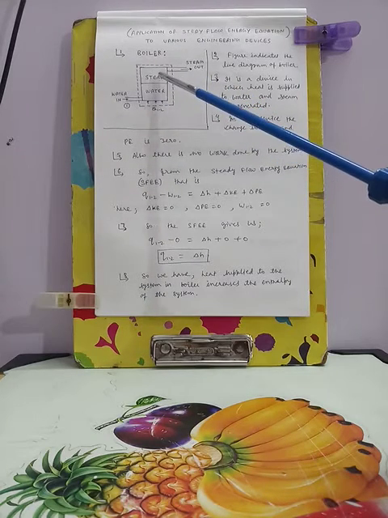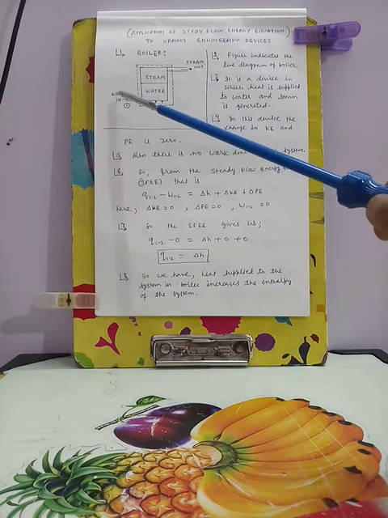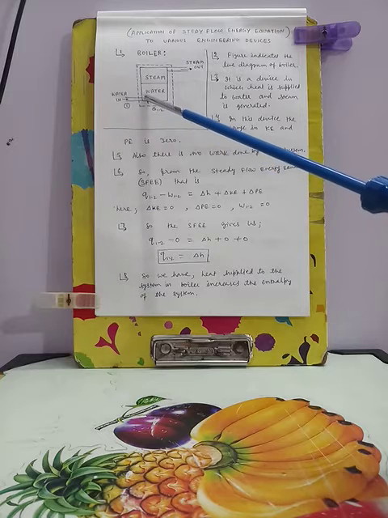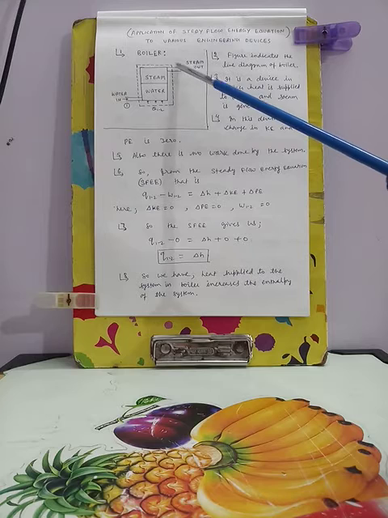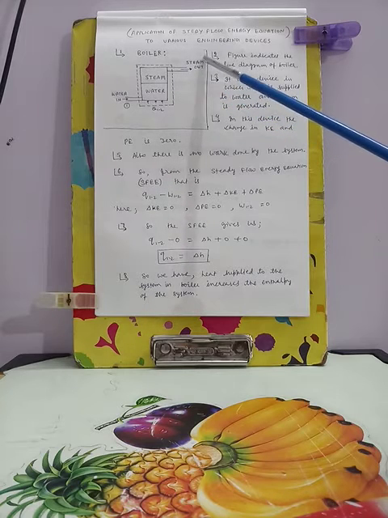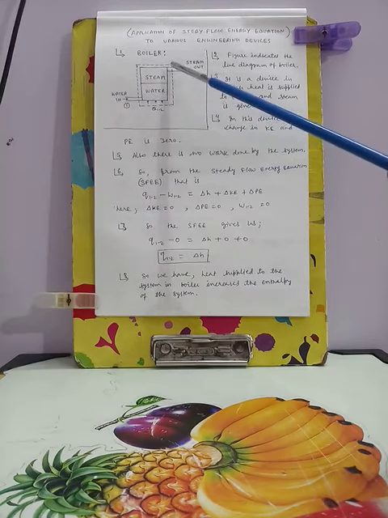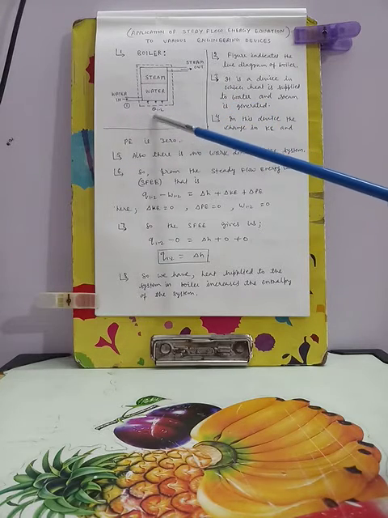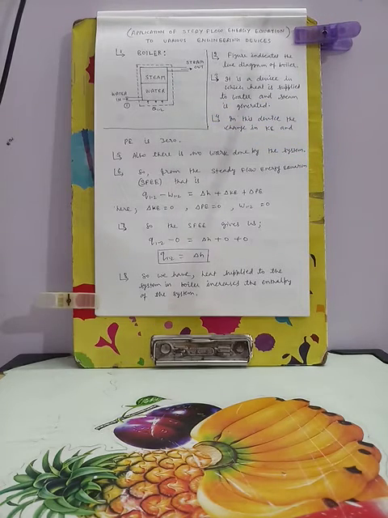The boiler contains water and steam both. So this is the inlet of the boiler. From the inlet, water enters the boiler, and that water converts into steam, and from the outlet steam comes out. And for doing all these changes, heat is supplied to the boiler. So what is a boiler? It is a device in which heat is supplied to the water and steam is generated. Very simple.